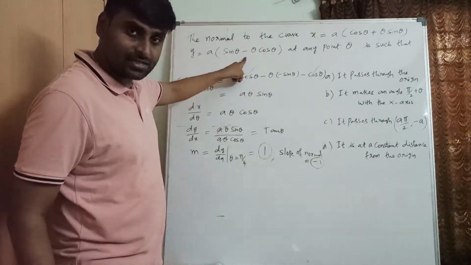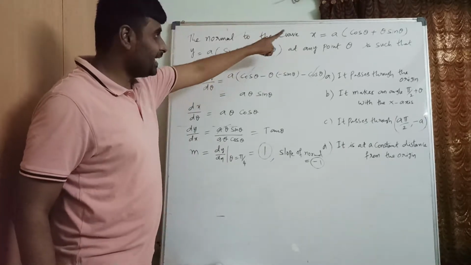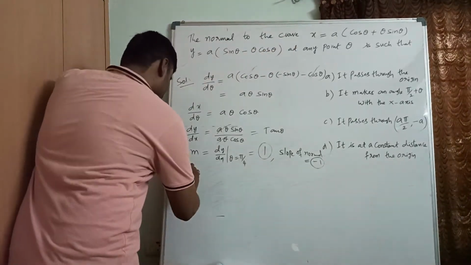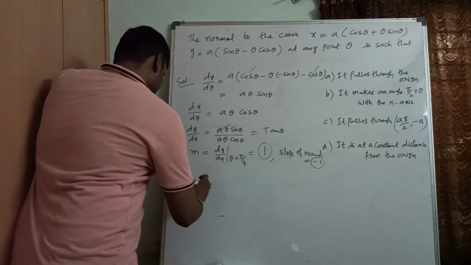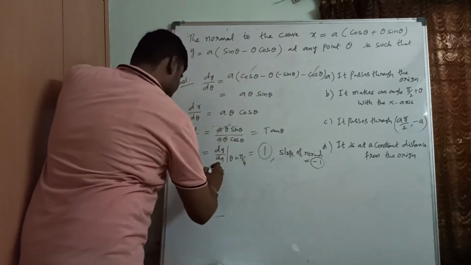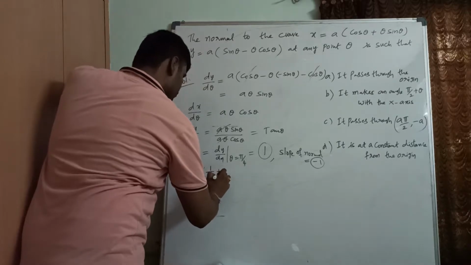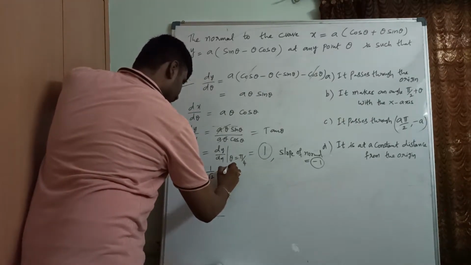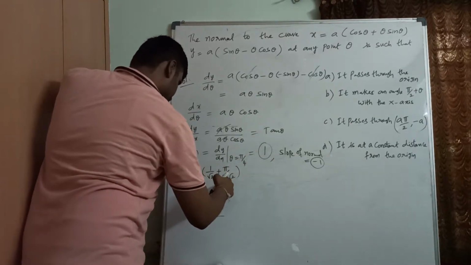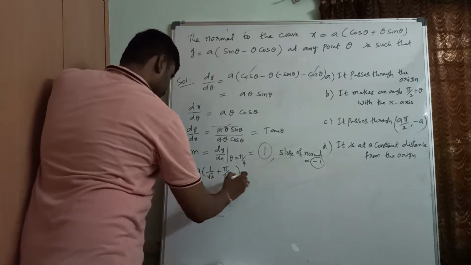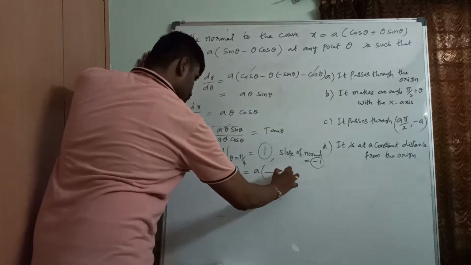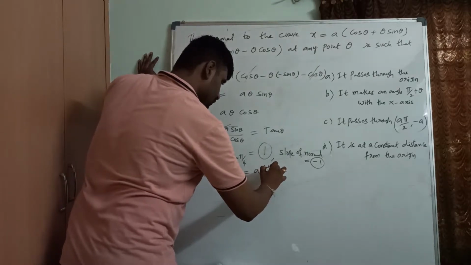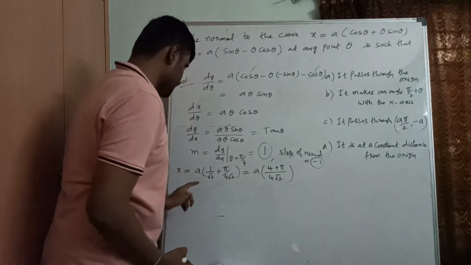Let us find the point of contact. X coordinate is that, y coordinate is this. Let me substitute pi by 4 there. So what will we get as x coordinate? If I substitute x, a into, so cos 45, 1 by root 2. Okay. Theta, pi by 4 again. Sin 45, 1 by root 2. So pi by 4 root 2. Clear? So hope you can understand here. Right? That means, what can we write? Here 4 root 2 LCM. Right? So 4 root 2, 4 plus pi. Or pi plus 4. 4 plus pi I am writing. So this is the x value.